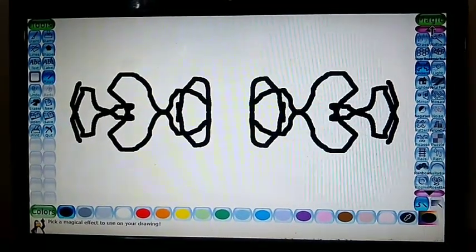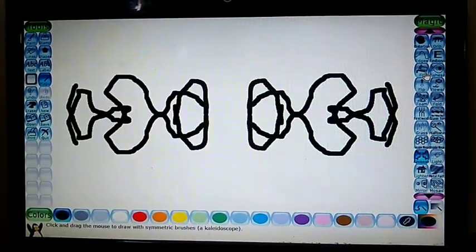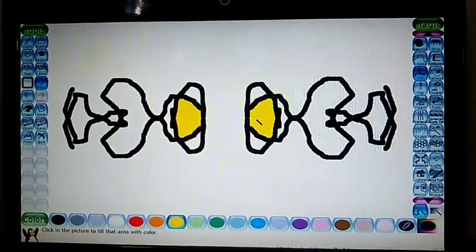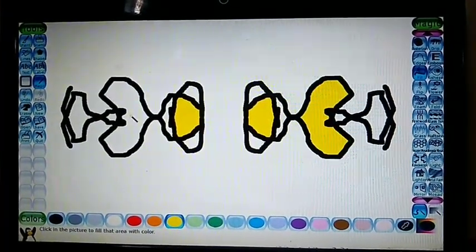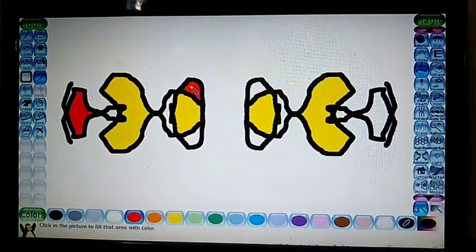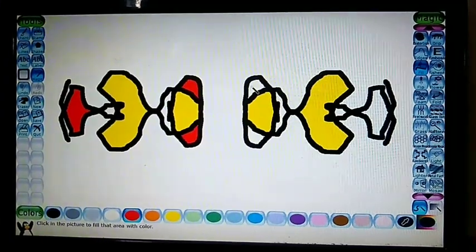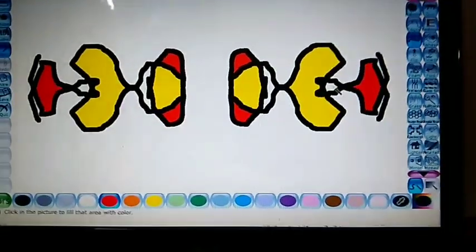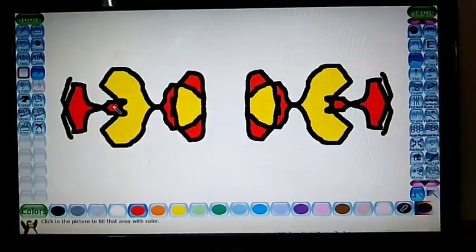Fill tool you already know, it is in the magic tool. With the fill tool, any color you can fill in the drawing. Like I am filling this yellow color here, like this you can fill. So this is your kaleidoscope effect. So all might have understood. It's very easy to use, and if you have a laptop or computer at your home, practice it.